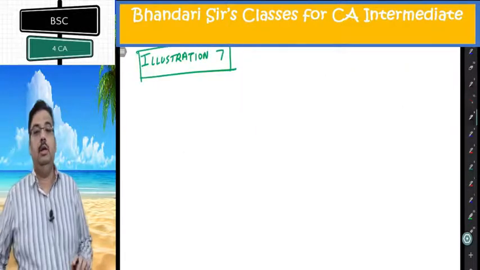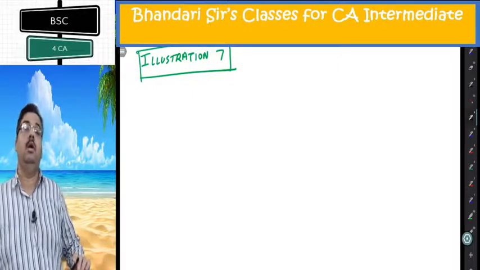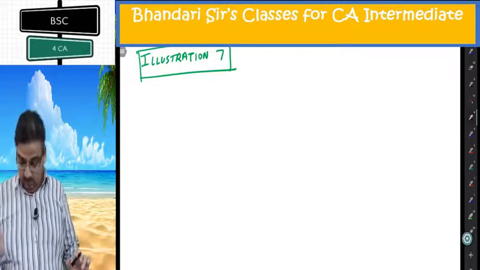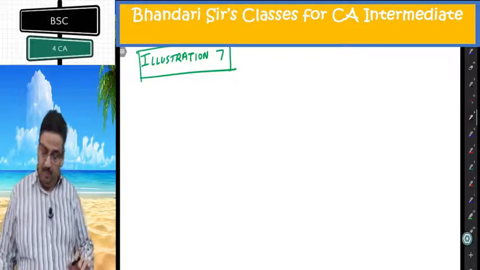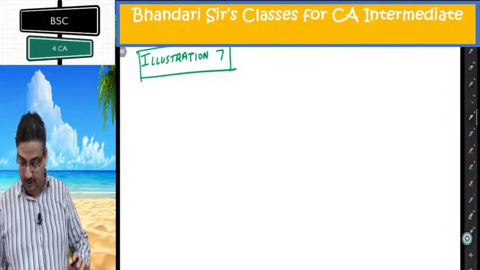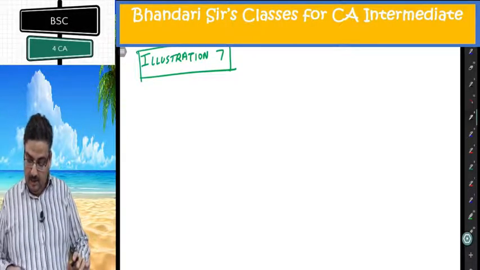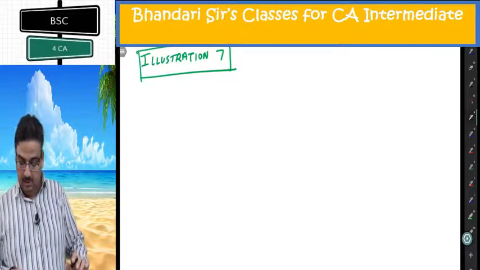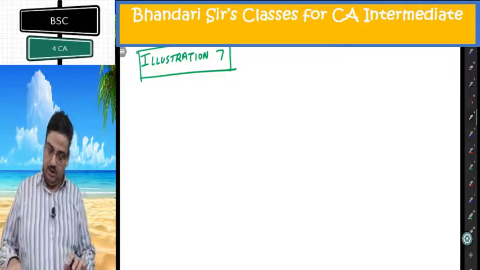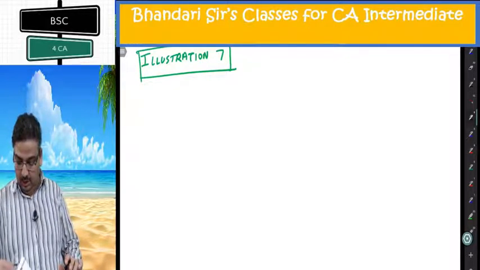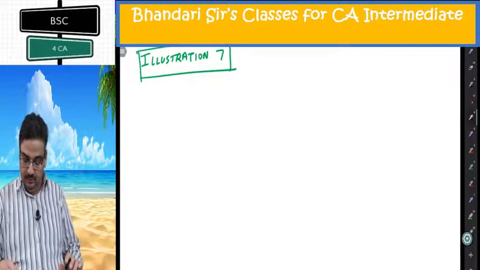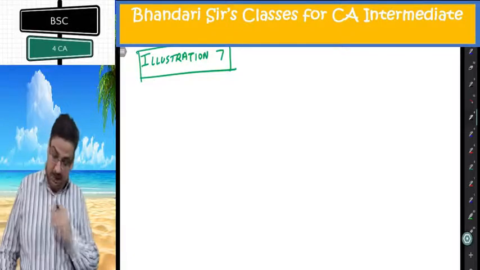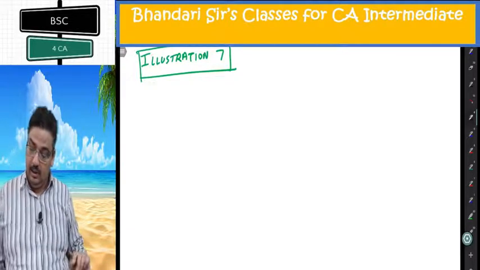So reaching the illustration number 7, another one on economic batch quantity concept along with making a table. The question tells me company has annual demand from single customer for 50,000 liter of paint. Total demand can be made up of range of color to be produced in continuous production run, after which setup of machinery will be required to accommodate the color change. Total output of each color will be stored and then delivered to customer in single load before production of next color commences. The setup cost is given 100 per setup. For every setup 100 rupees will be incurred.